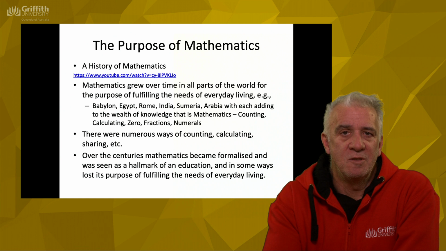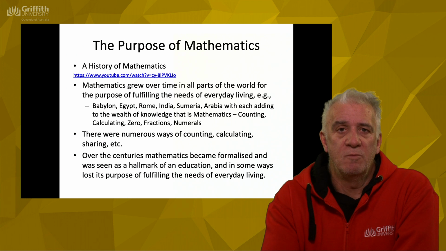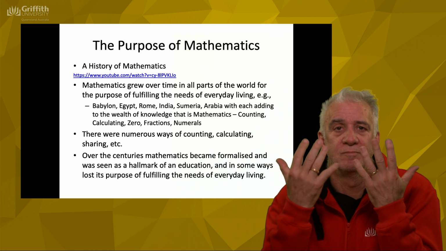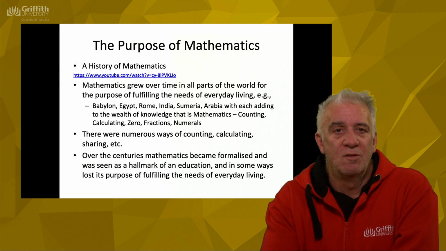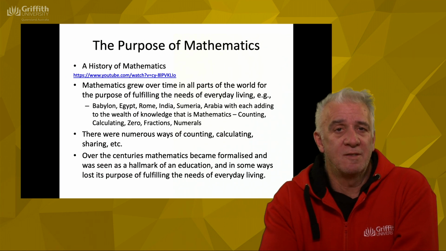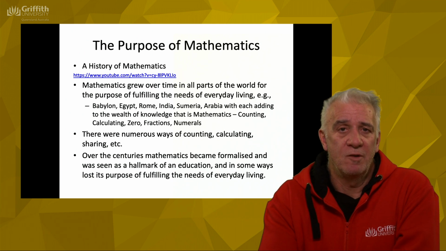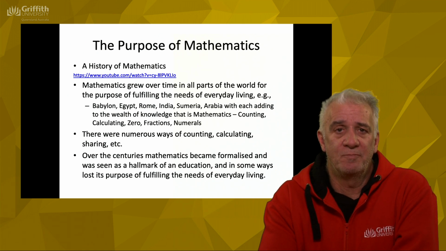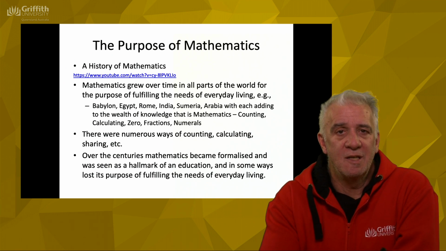Anyway, what we've ended up now is based on a counting system of base 10, but that's not the only one. And you wouldn't be surprised to know why we've got a base 10 counting system. Anyway, there's lots of ways of counting and calculating and sharing. And the mathematics we've ended up with, which is now really pretty common across the world, is one way that seems to have been accepted and has been taken as mathematics. But of course, in computers, they don't have a base 10 numbering system, they just have a base 2 numbering system. Anyway, mathematics has been formalised into what it is today, but it doesn't mean it's the only way.